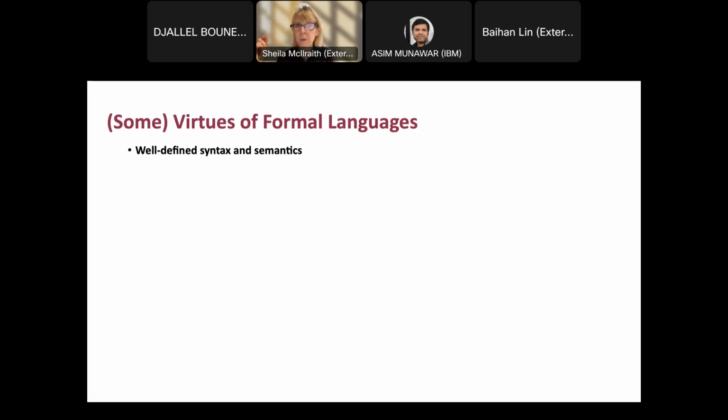So first and foremost, formal languages have a well-defined syntax and semantics. They are unambiguously interpretable by computers, which is a really important property, which is why we use them as programming languages, for example. There are also many languages that are parsimonious. There's a notion of what I tell you explicitly, but in those explicit things, there are often a lot of implicit things that can be extracted using some form of inference. And of course, in knowledge representation, that's something that we do all the time using theorem proving or some sort of other systematic proof procedure.